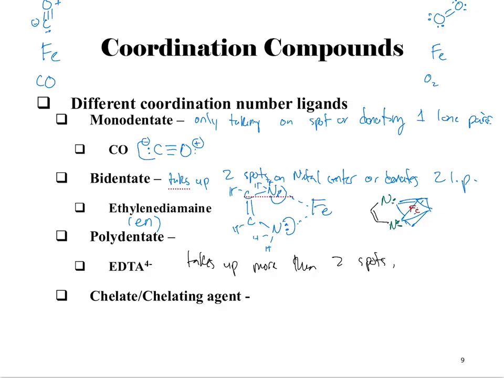So EDTA, which is going to have acetate ions in there, which is what the A stands for. I'm not going to draw that molecule because it looks pretty complicated. This one's going to take up 4 spots on your metal center. So more than 2